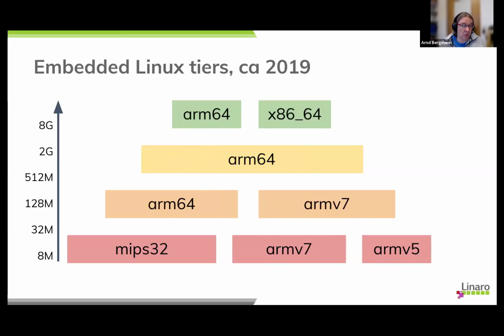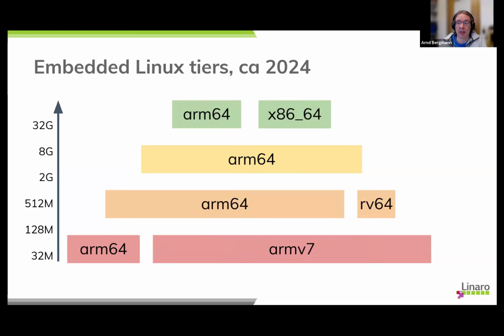5 years ago, ARM64 had already taken over the higher-end tiers. Anything that needed a lot of CPUs, a lot of memory, or performance was starting to move to ARM64 from pretty much anything else. And x86 obviously is still around. ARM v7 was at the time the dominant thing on the low end, and it still is. That's all 32-bit, where anything that needs a lot of memory, if you have 256 megabytes of memory, chances are you already want 64-bit. And the way it looks now is